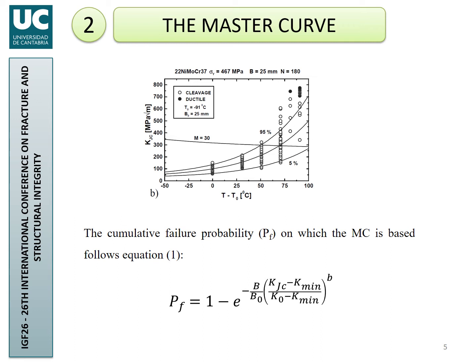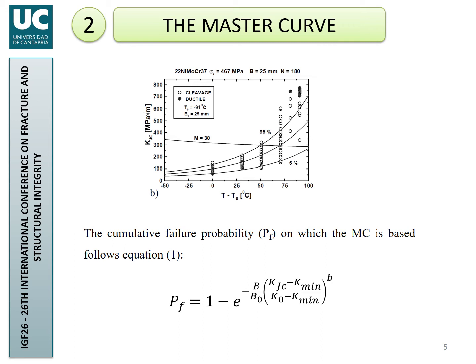There are a number of cleavage promoting particles, but there is just one that is the triggering particle, let's say. So at the end it is a process that follows weakest link statistics,